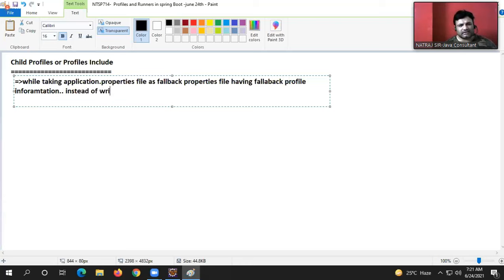Instead of writing repeated keys and values in application dot properties, which are already there in another profile specific properties file,